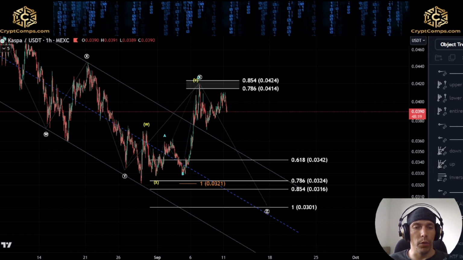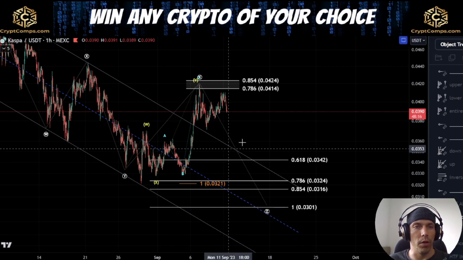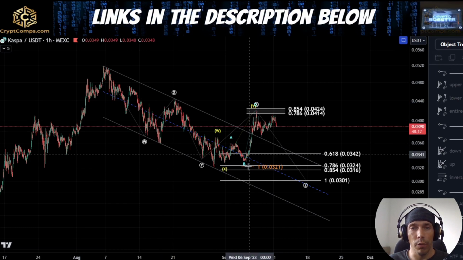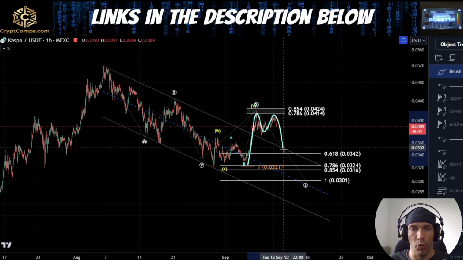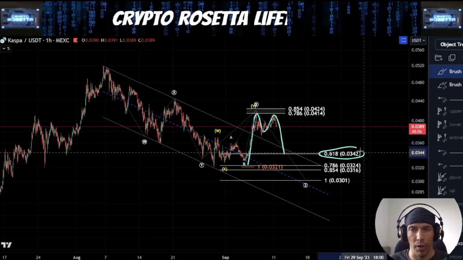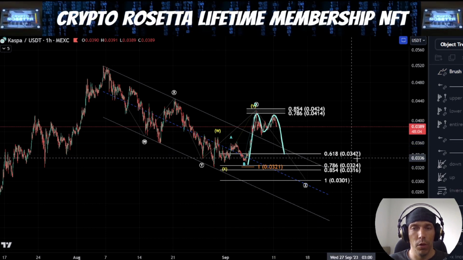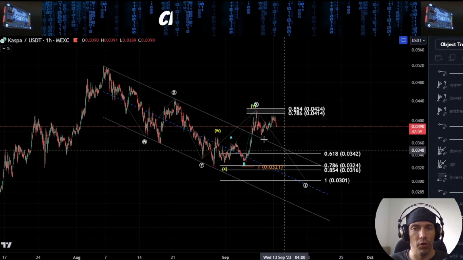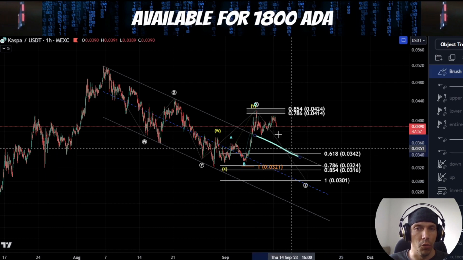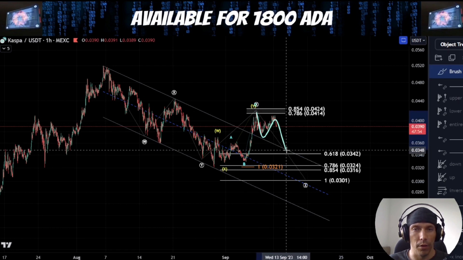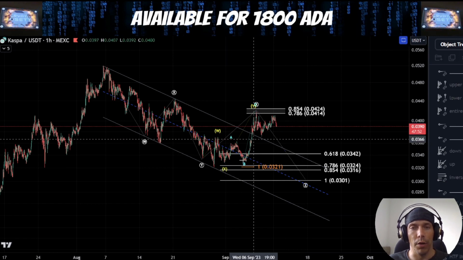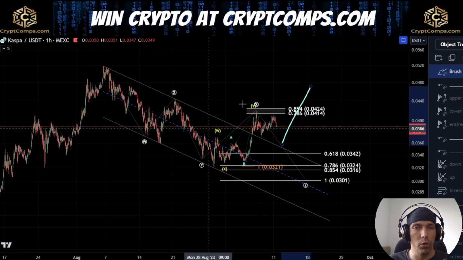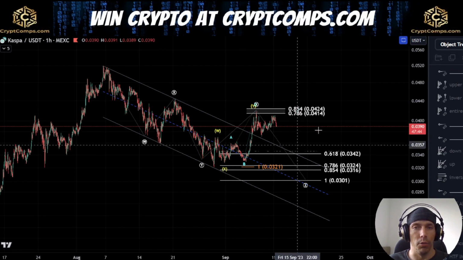Now, an interesting level on this is actually this 0.618 zone here, because if we have a look at the previous price action that played out here in this channel, we've actually broken above this, and if we did see a move back down towards this 0.618, which would be here at this 0.342, this could be quite an interesting zone because it would also be a back test of this channel. So going to be watching this level here. If we do see price move back down into this, where we get a bigger A, B, and a C to the downside, this could actually imply that we have a correction which is not completed to the upside yet, but it would look to potentially invalidate this idea of a WXYXZ.